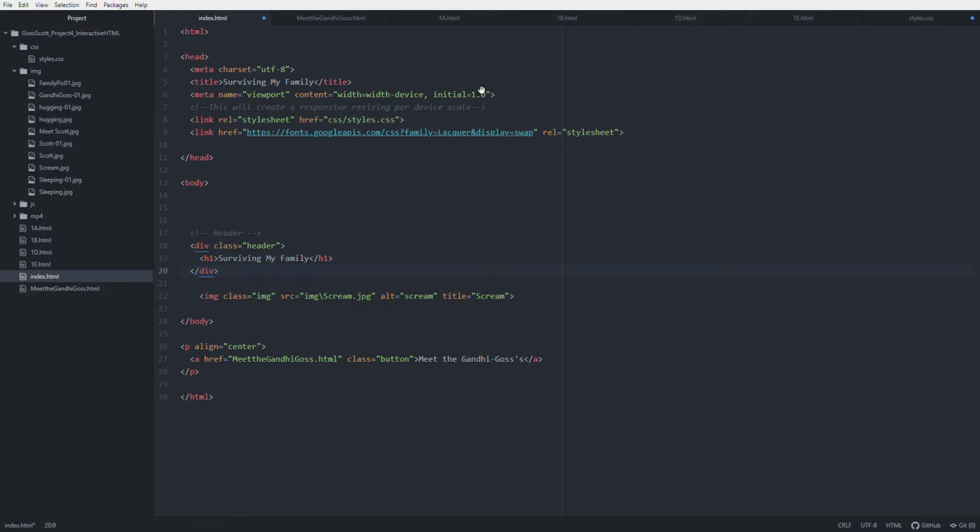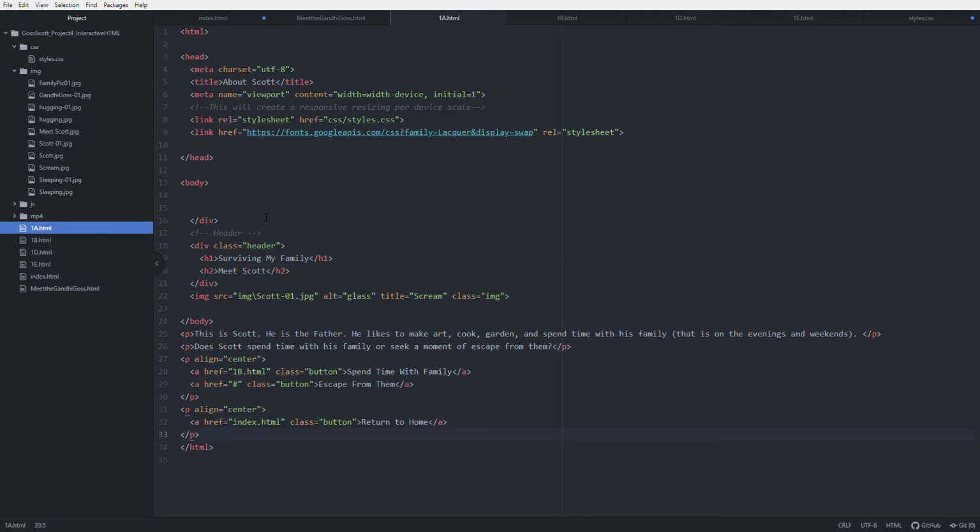The decision tree maps out every intention for each page and acts as a very brief outline, more of a guide for myself, but something I can share with myself as an instructor or your classmates. The other thing I've done here is I have added some kind of indexing so I know what page it is. And you'll notice that this 1A will correlate with an HTML document that I have here, which is 1A. And so this is the